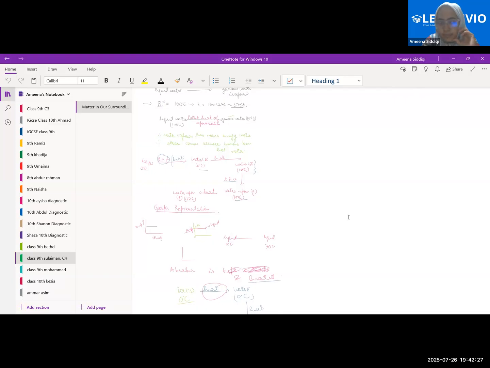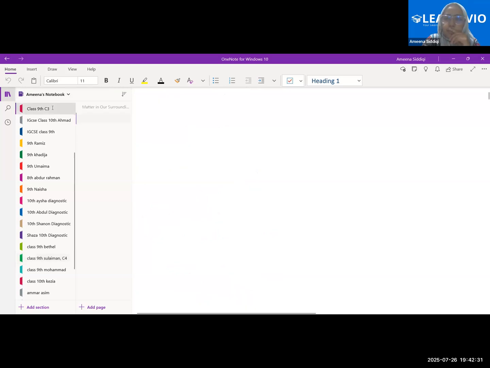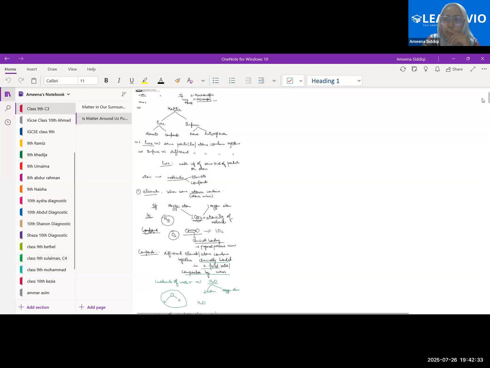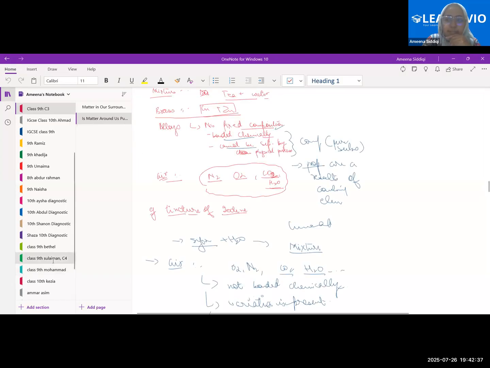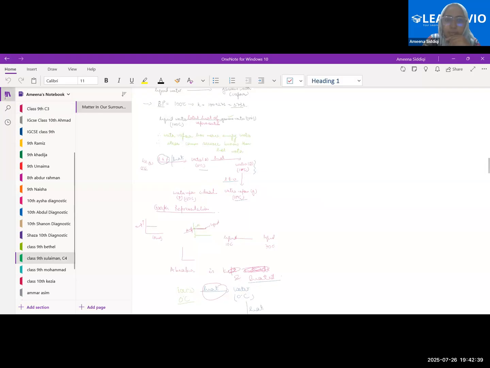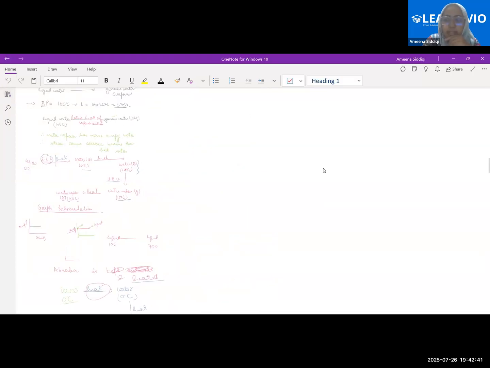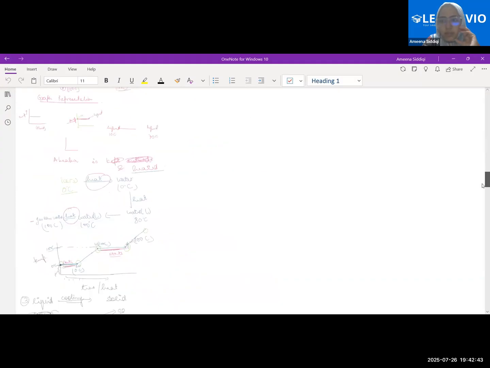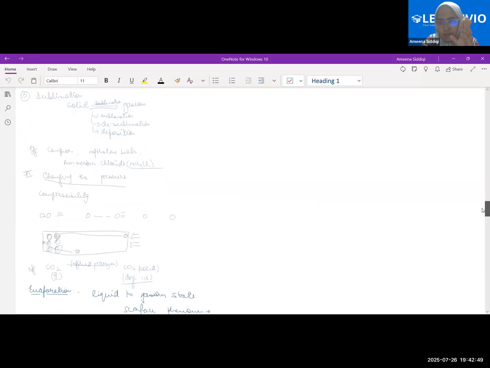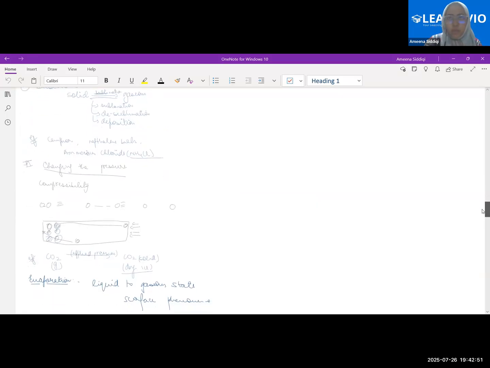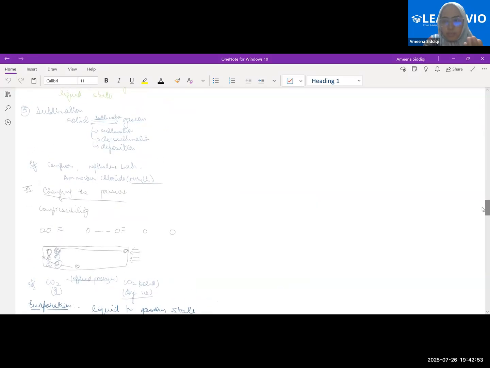Humidity, wind speed, temperature, and surface area. Okay. Suleiman, is that correct? Yes, ma'am. That is correct. Can you tell me how humidity affects the rate of evaporation? Just tell me the relation between humidity and the rate of evaporation. By relationship, I mean, if humidity is more, will the rate of evaporation be more or less?